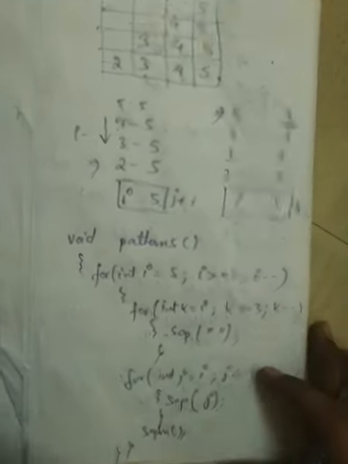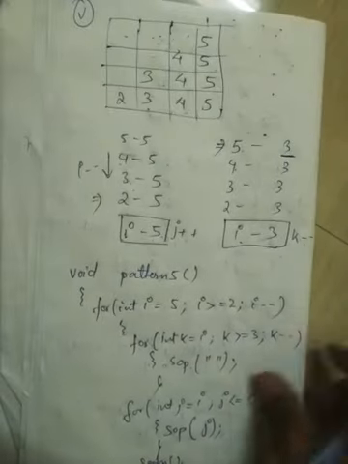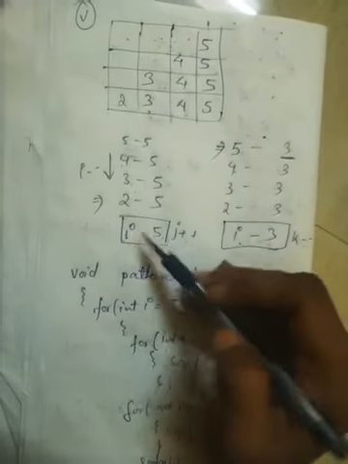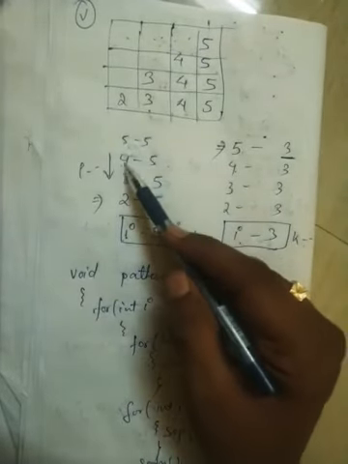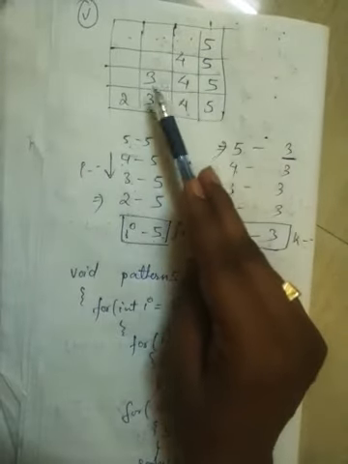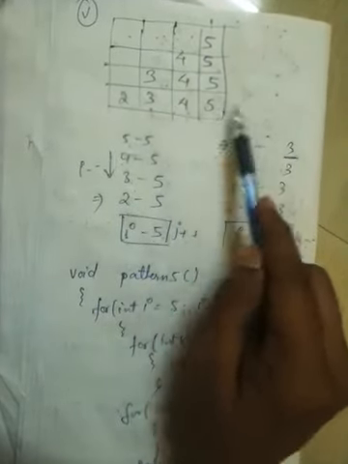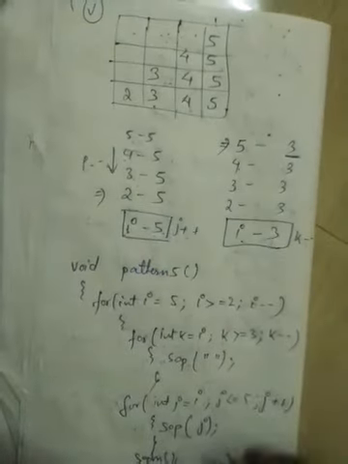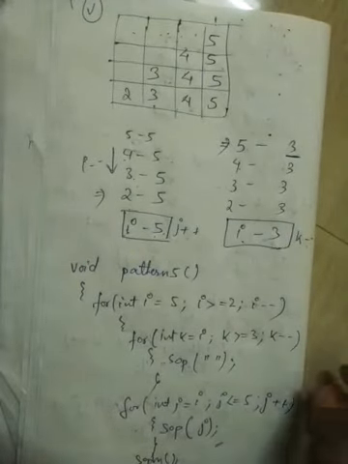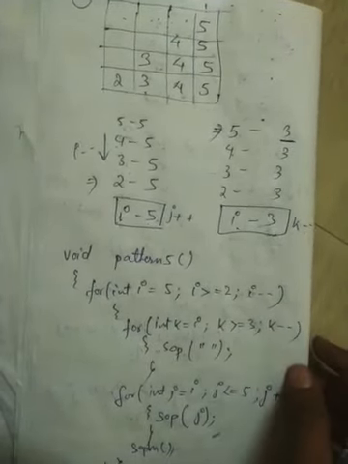In this case we will print J, because if you see, in each line the values are changing. From J values 5 to 5, 4 to 5, 4 5 will be generated; 3 to 5, 3 4 5 is generated; 2 to 5, 2 3 4 5 will be generated. So automatically the J values will be printed from this J loop. Okay, so this is how we will do this question.